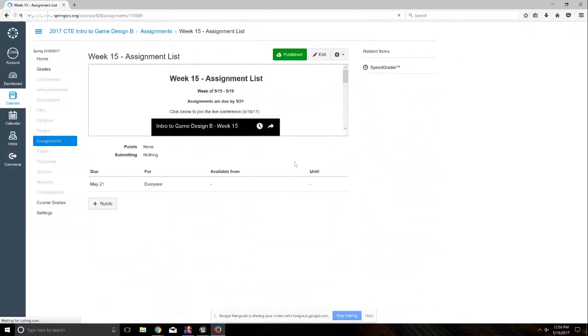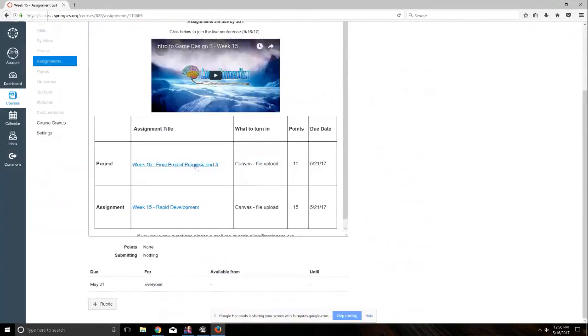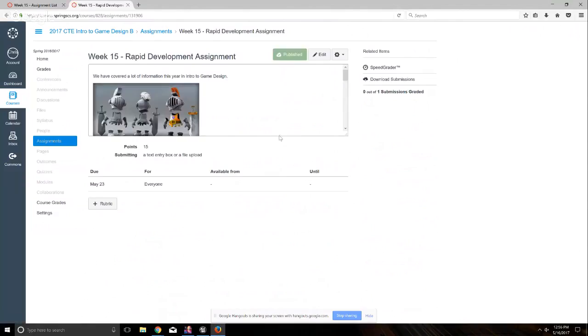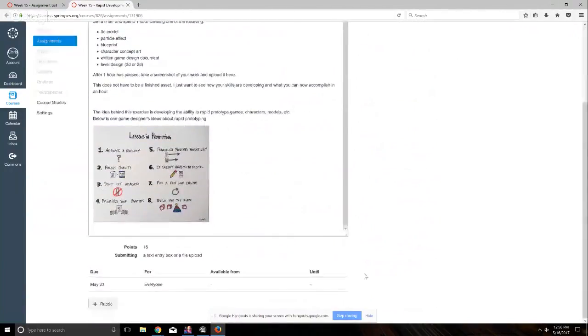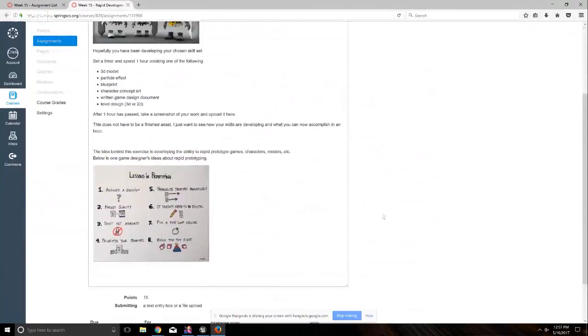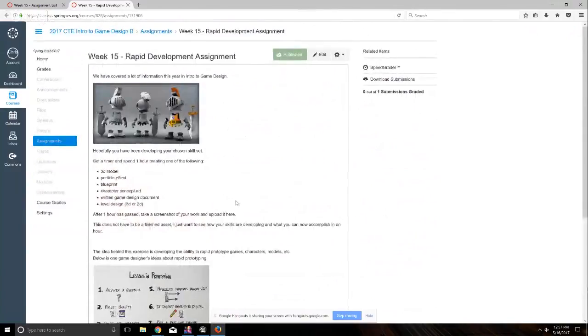We're almost out of time, so pretty much you're still working on your final project, and then I'm going to do some rapid prototyping. I just want to see what you guys are capable of after messing with this stuff for a year. That assignment is basically spend an hour, not including turning your computer on and tying your shoes and whatever else. An hour of solid work,